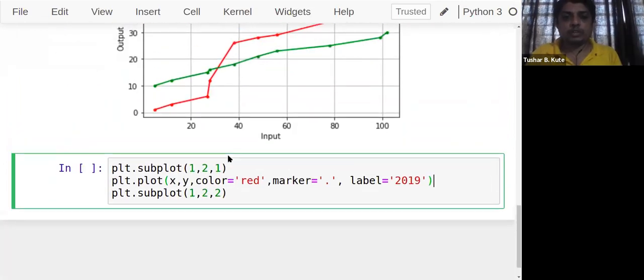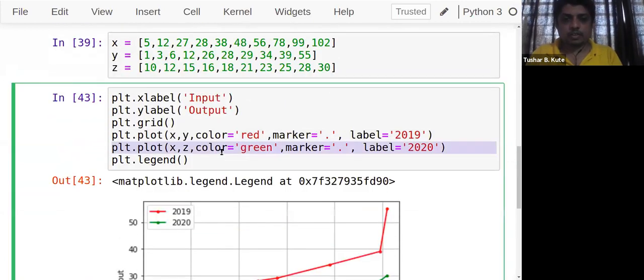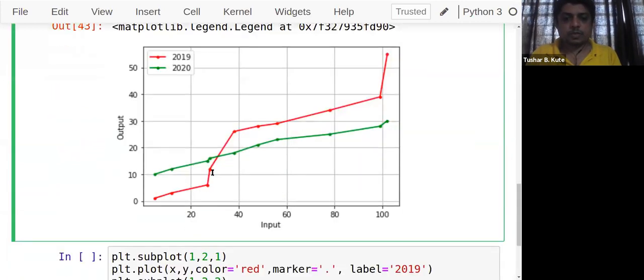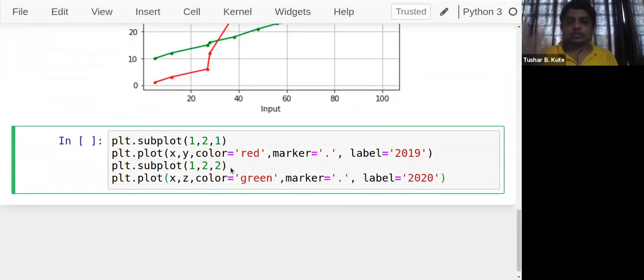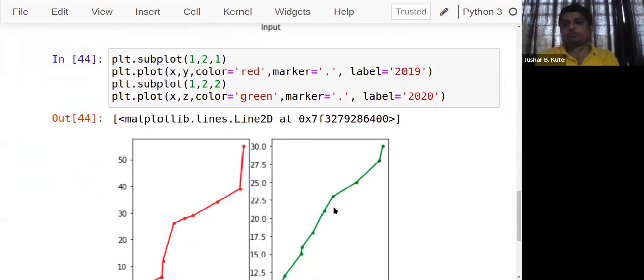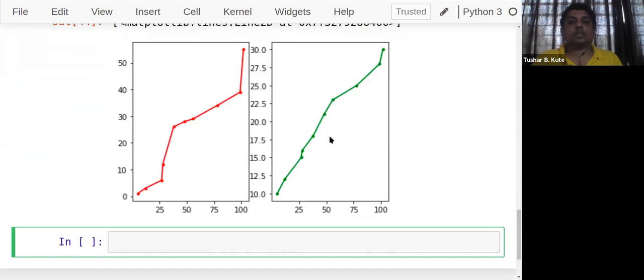And in the second subplot, what do you require? This one. Fine. See this. So this is your x against y plot, and this is the x against z plot. Fine. You can see the ranges are different here. Now they are adjusted accordingly because the range of z is very small. This is 0 to 10 to 30, and here we have 0 to 50, 58 something. Correct. So they are coming side by side.